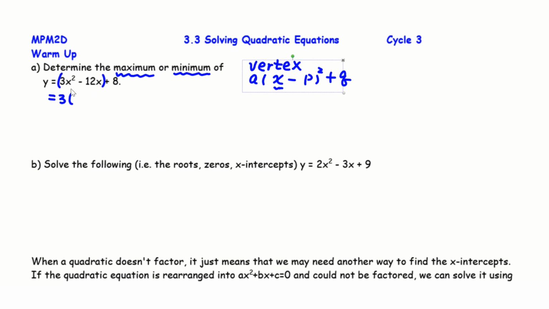the first two terms, each term divided by 3. So 3x squared divided by 3 gives you x squared. Minus 12x divided by 3 gives you minus 4x. Then plus 8. We could use a box method, so just draw a box here, then plus 8 is outside of the